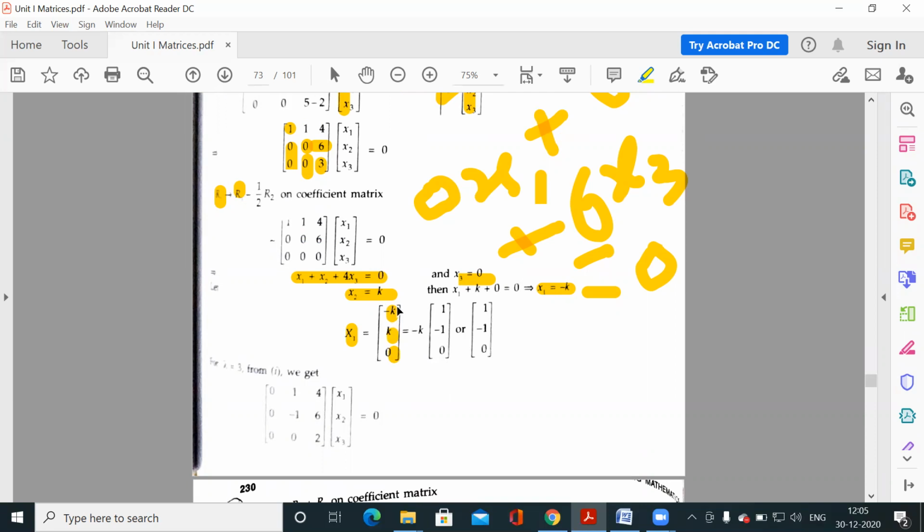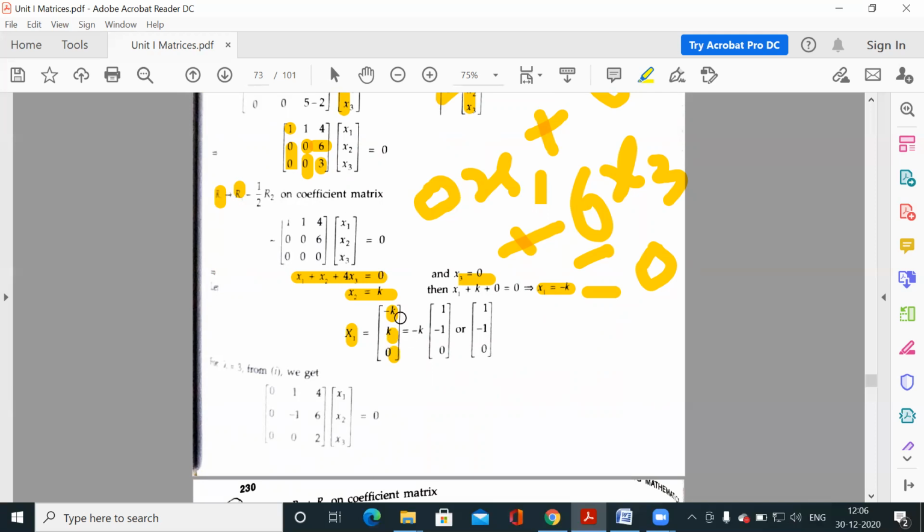Why? Because if you set k as 0, this vector would be 0, 0, 0. But we have to find a non-trivial solution. So if you set k as 0, this would be a zero solution, so this is not an eigenvector. An eigenvector is a non-trivial solution of this homogeneous system. So other than 0, you can set k as any real number. So either you take 1 or minus 1, minus 2, minus 1 by 2, any real number.